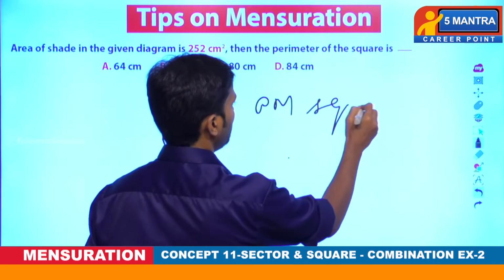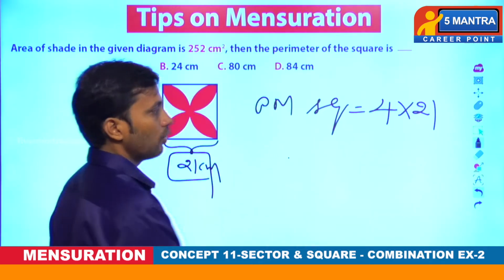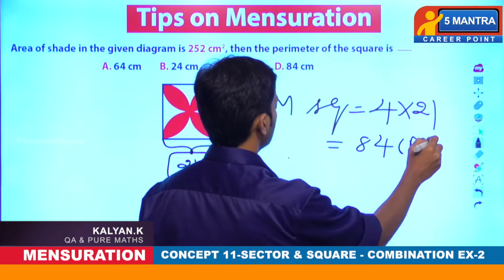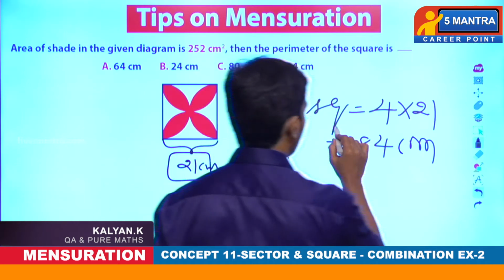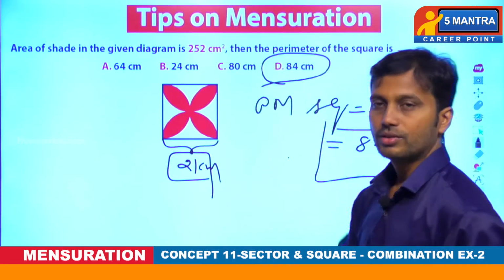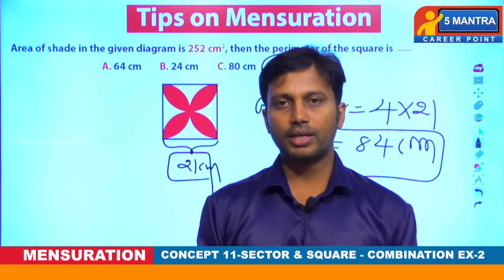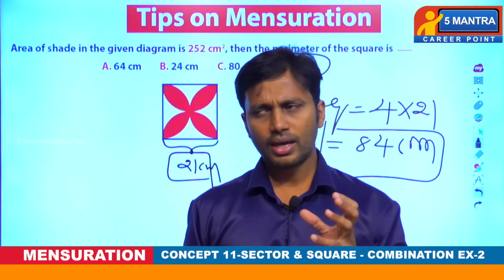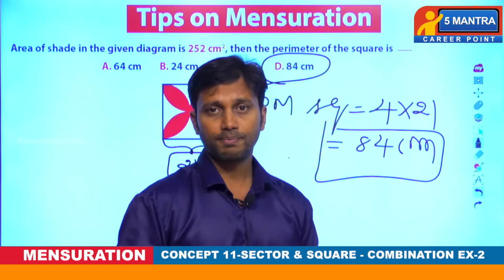So what is the perimeter of the square? The perimeter of the square would be 4 times the side. That would be 4 into 21. 4 21s how much? 84 centimeters. 84 centimeters is your answer. Which of the options is correct according to our given question? So is it D or not? So we got this one also. If you observe clearly, here also we are using this 4 by 7 A square as the given result in our given problem.